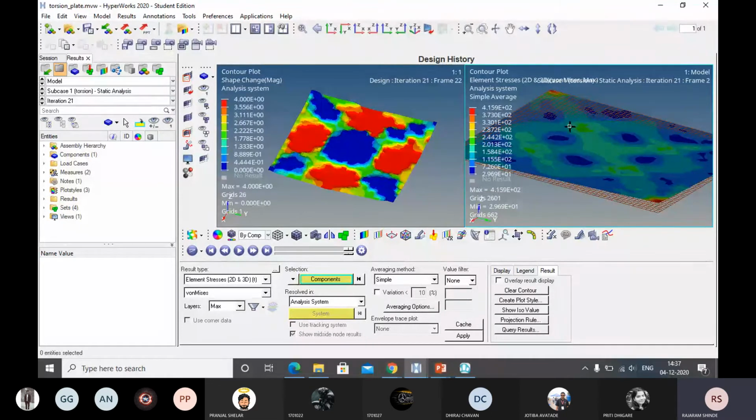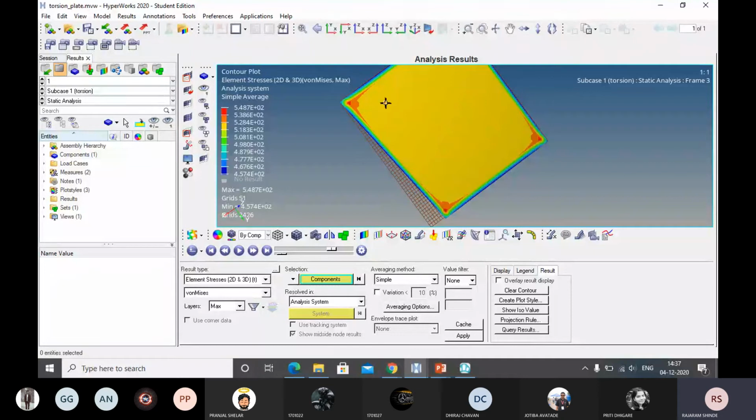So here optimization means what? We are going to distribute the stress over all areas. Here, if you observe the first case, stress is maximum at the corners and the middle portion is at constant stress. Okay, so in design you have to remember how we are going to modify the design. Modification in the design means you have to distribute the stress over the whole domain or over the whole area of the problem. Okay, the whole geometry of the problem. That is one important thing you have to remember while designing any component.